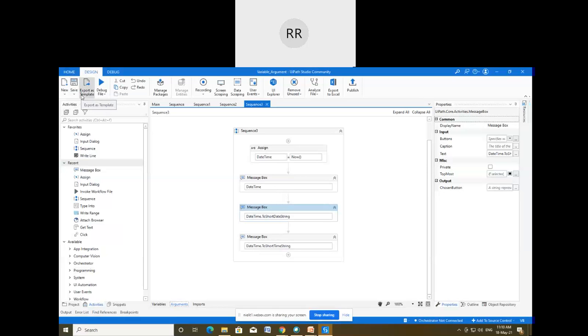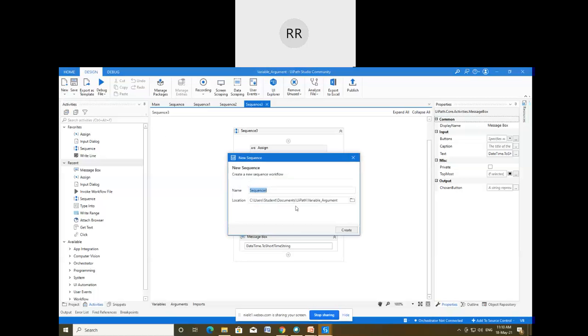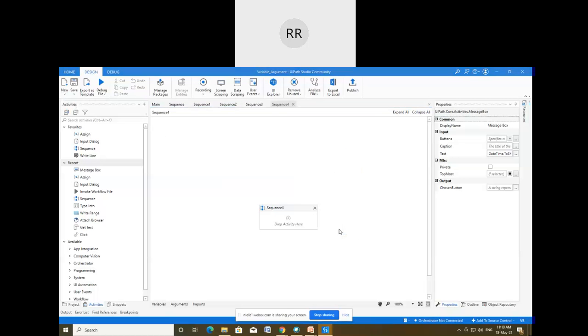So you can see here I'm going to create a sequence file, sequence 4. So this is our sequence 4. Later on, I will also create sequence 5. Then I will show you how we can pass the data that we have stored with the help of argument in sequence 4, from 4 to 5. You have to only focus on sequence 4 and later on sequence 5.